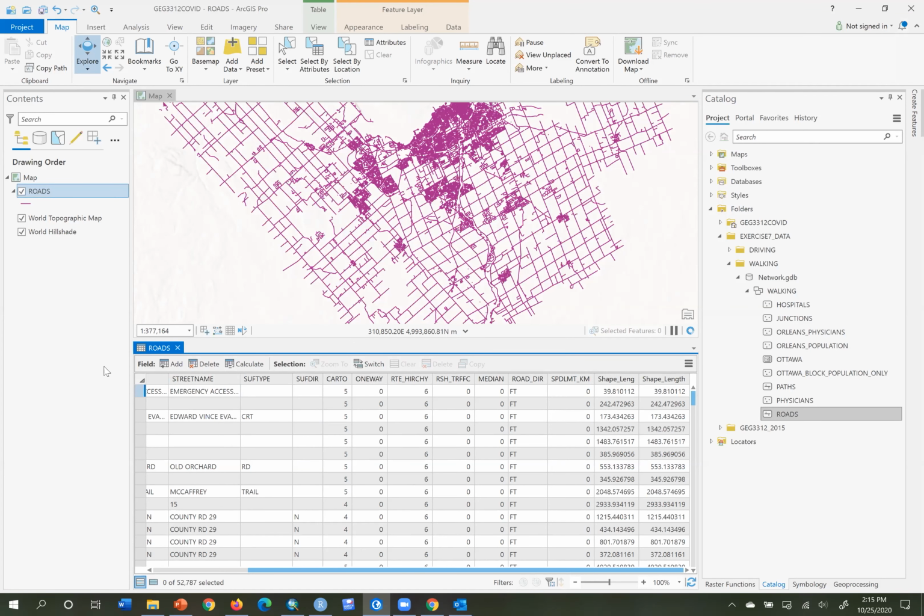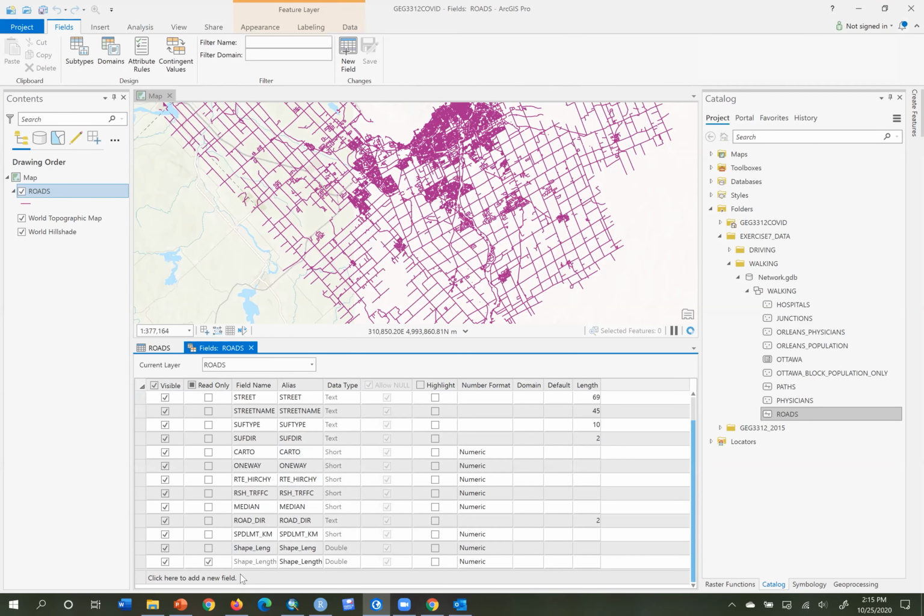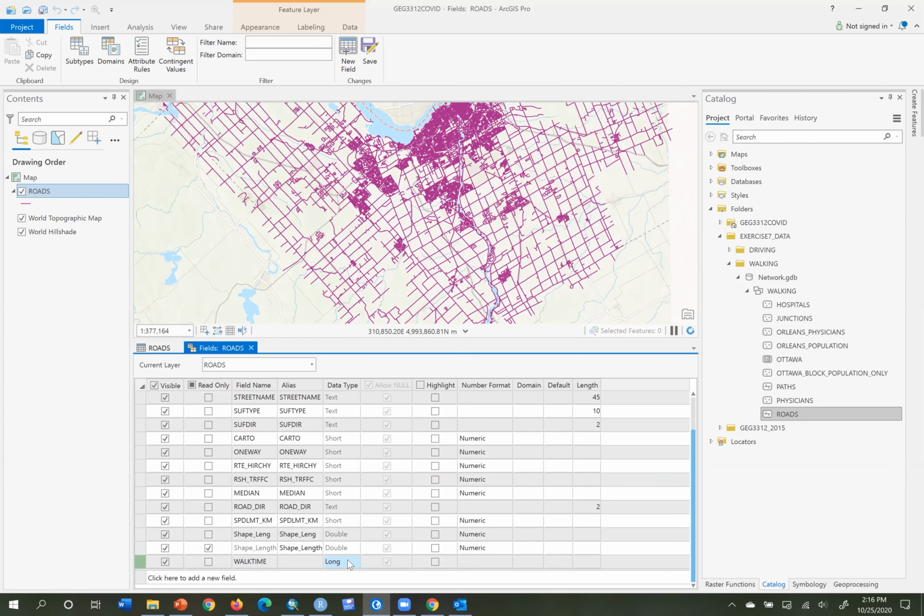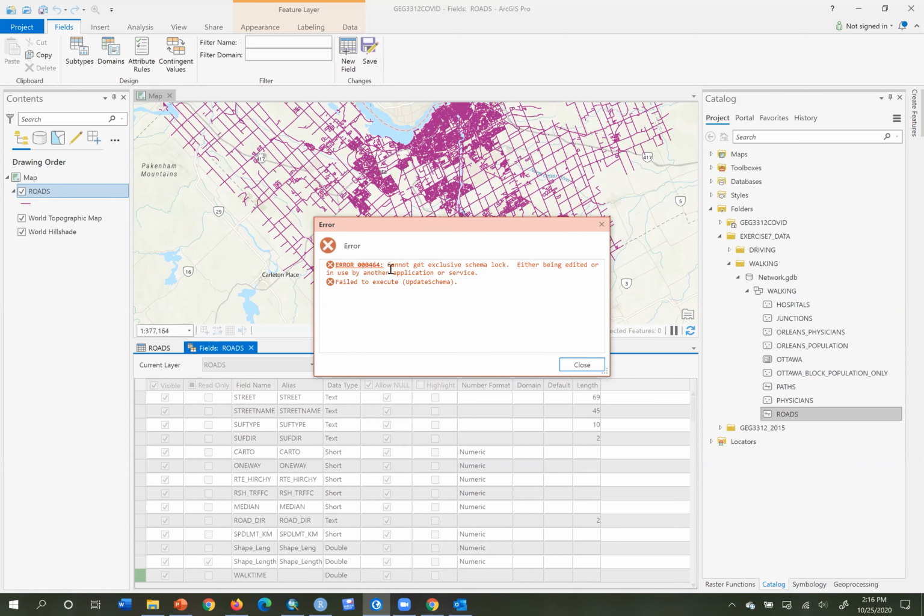And I want to add in a new field. So I'll go to the fields view. At the end here, I want to put in a new one. So I click, and I'll call that walk time. And then I want that to be of type double. And I get this error right now: Cannot get exclusive schema lock, either being edited or in use by another application or service. Failed to execute. So this, when I get a schema lock error, which you will see from time to time,